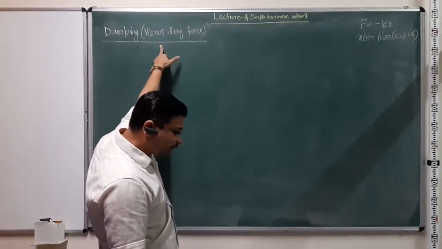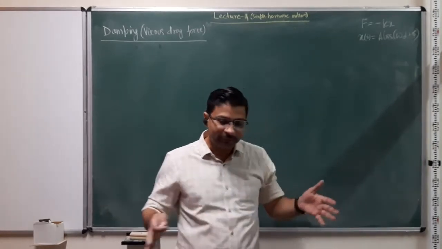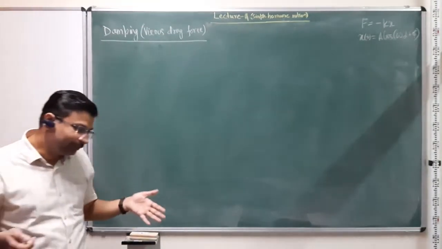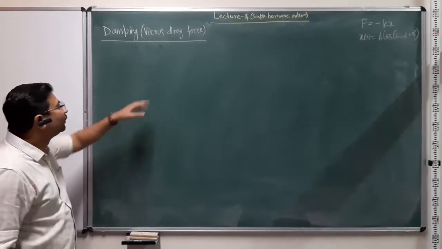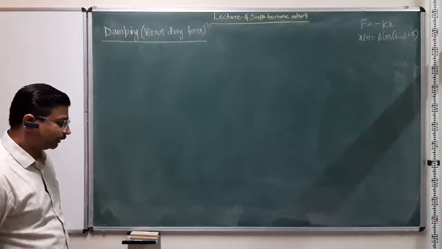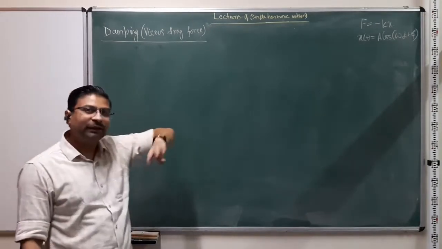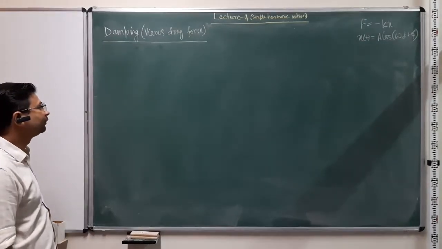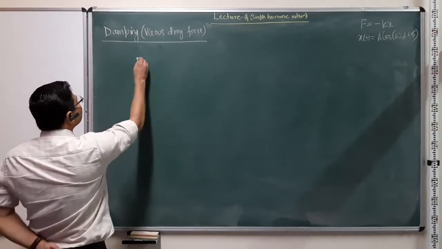And that is basically the effect of the environment. Could be the atmosphere, could be high pressure gas, could be a liquid. So when you try to move through that, there is something called a viscous drag which opposes that motion, right? And why we are taking this is because friction and viscous drag are the most common dissipative forces in nature that we encounter, and at least for this one, the form of the force is rather simple.